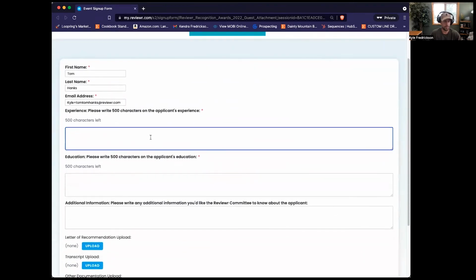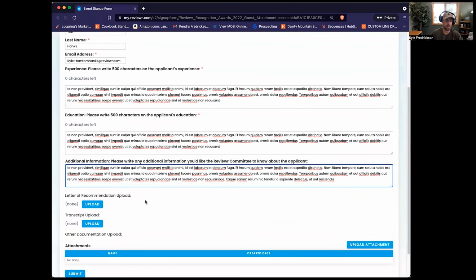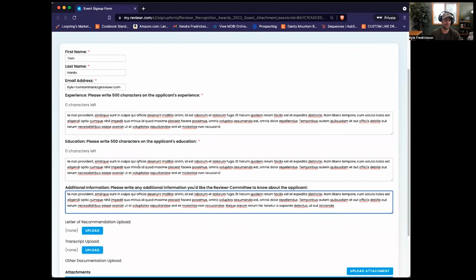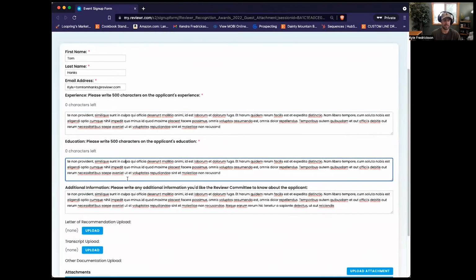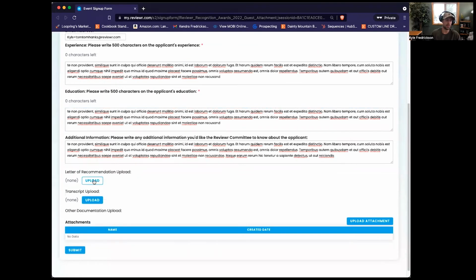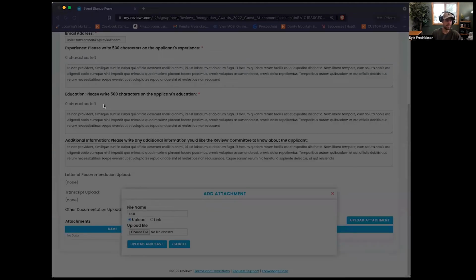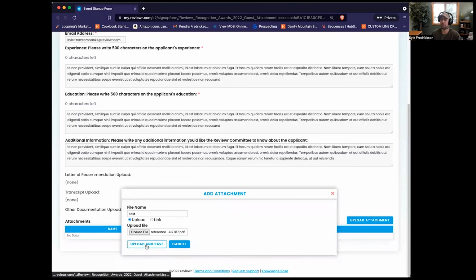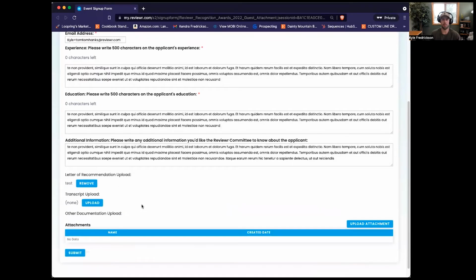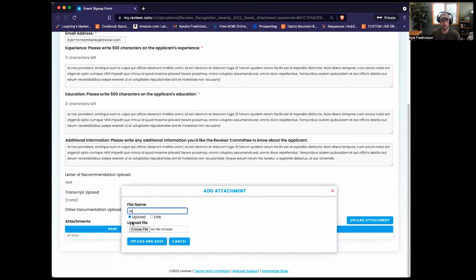They can go ahead and fill out the form, whatever deliverables they're requesting from them. This is obviously dummy data. It's asking for 3 essay questions as well as some file uploads. I'm going to go ahead and add a couple files just so I can talk about this, because within Reviewr, file uploads really are one of our bread and butter features. The reason why I say that is that not only can we collect a very robust number of file types, everything from spreadsheets to PowerPoints to video files to YouTube integrations,